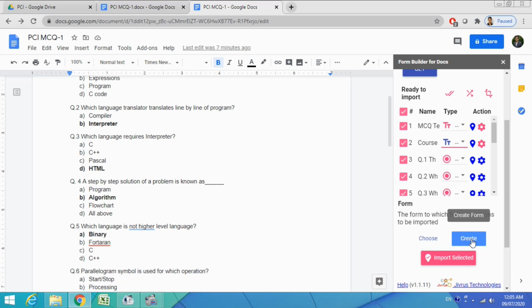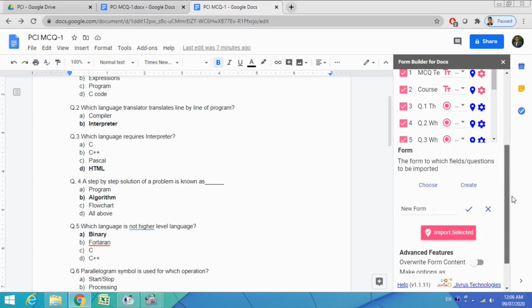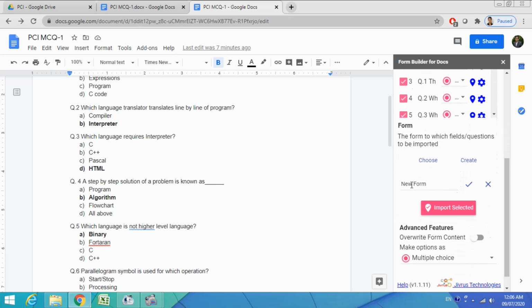So click on this create form button, then scroll down. Here you will find the title, that is new form. I am going to give the title for this particular form. Let us say PCI, this is my name of subject, MCQ test 1.